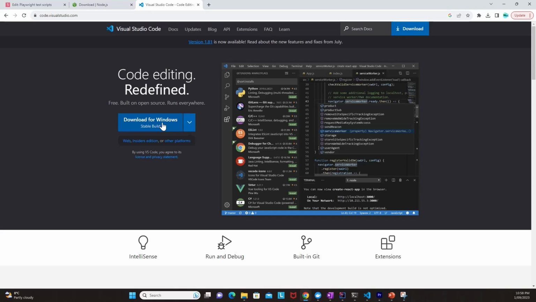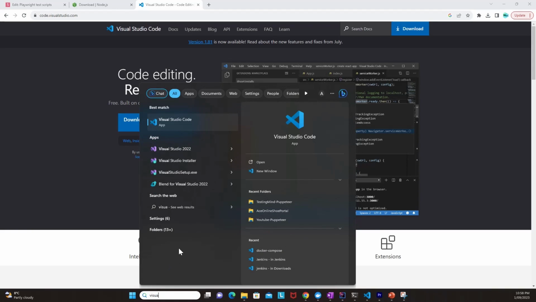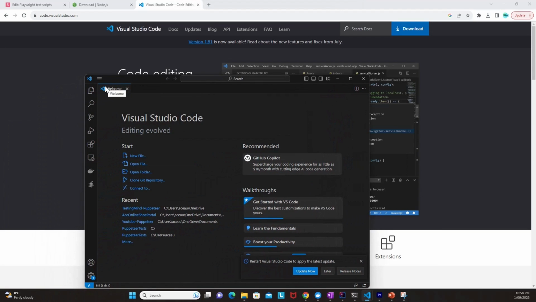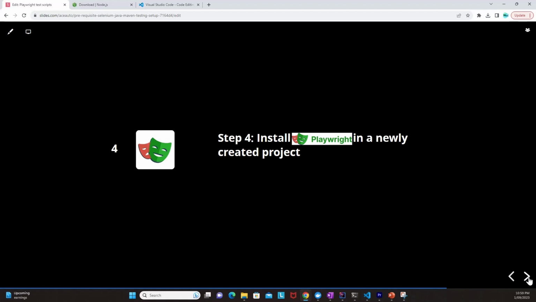Once you have successfully installed Visual Studio Code, you can search here for Visual Studio and you will see Visual Studio Code appearing here. Once you click on this, you will see that your IDE is opening something like this, which means that your installation of Visual Studio Code has happened successfully. All right, this is our step number three. Kindly perform these three steps and we will move on to the next step, which is installation of Playwright